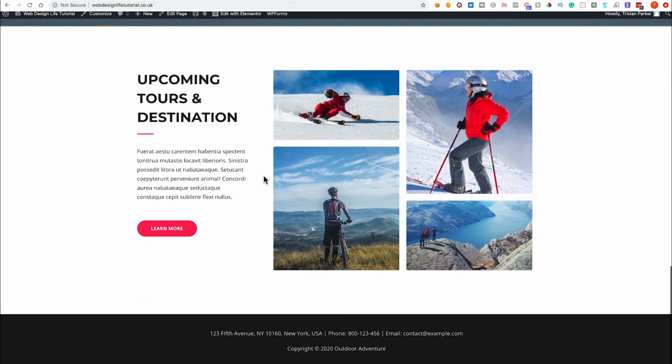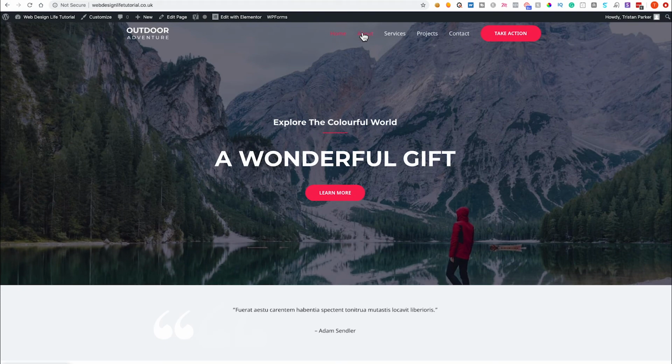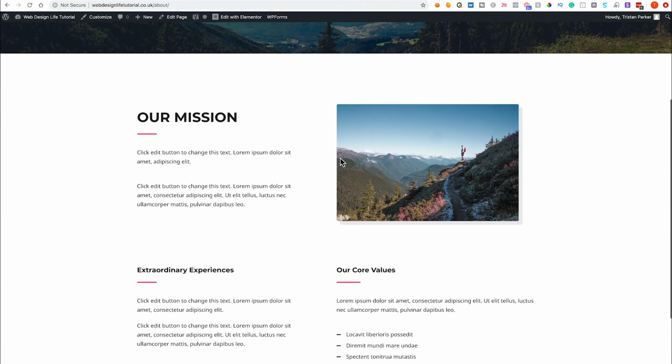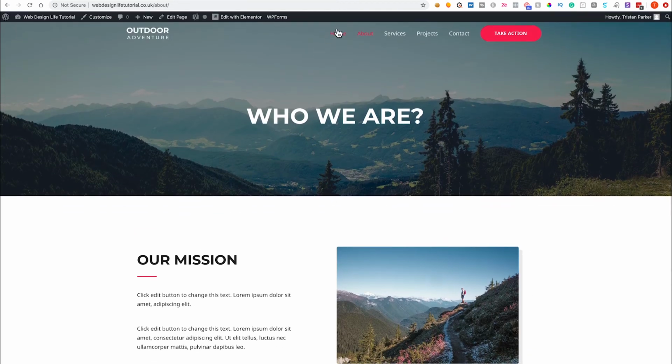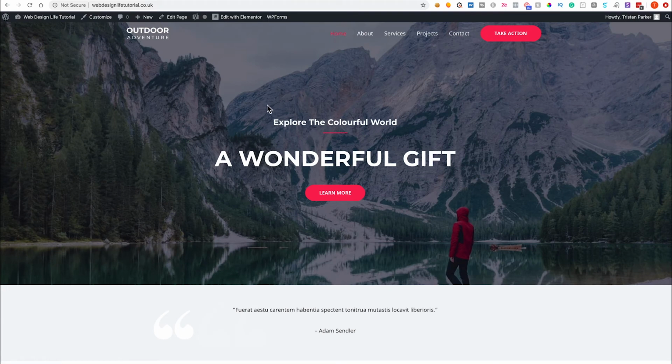and everything that you basically need to form a professional looking website. Now if we just head up and check out one of the other pages, you can see that this has all been put together as well, and this has all been done using Elementor, which is awesome. So let's head back to the home page now, and what we're going to do is